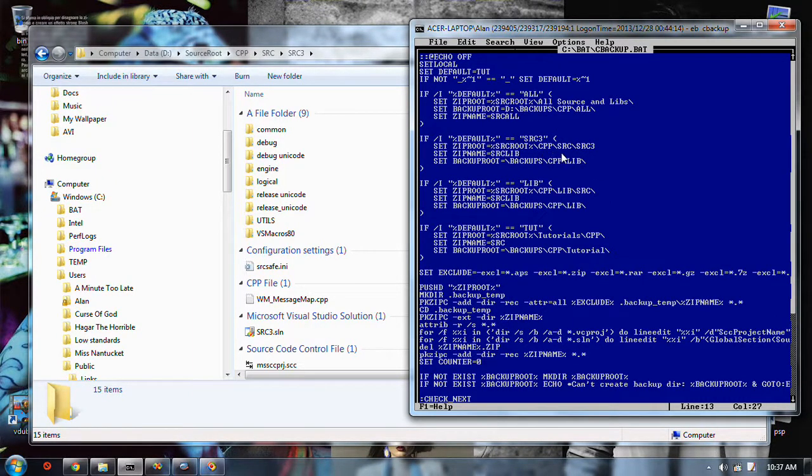So CPP was one category, and then source, and then source 3. The reason for that, I guess, is it turned out that I had a couple versions of the same source, and so really this shouldn't be called source. It should stop at source. The 3 should be here. But anyway, it's all wrongly organized.